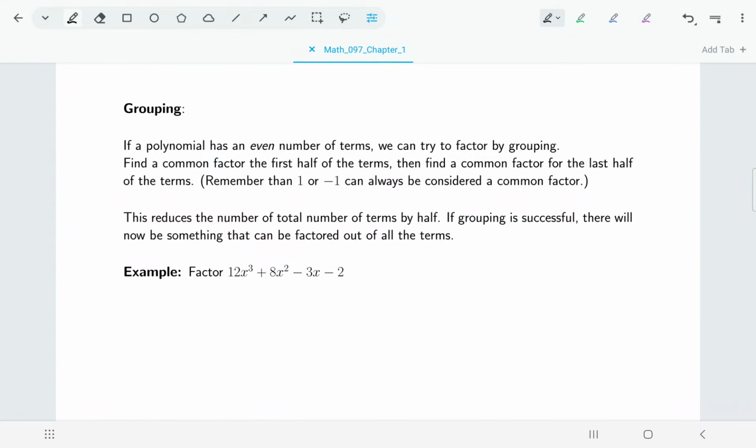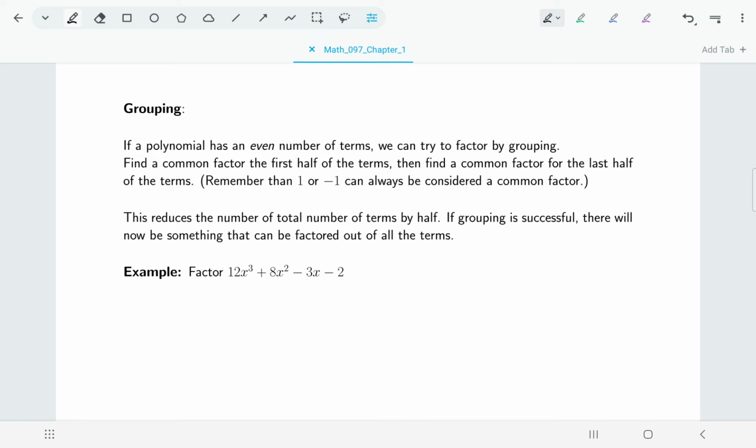Welcome back. In the second half of this section, we're going to talk about some other factoring techniques, and we're also going to look at factoring out things that have negative exponents or fractional exponents. First off, a factoring technique that may sometimes work for you if you have an even number of terms is